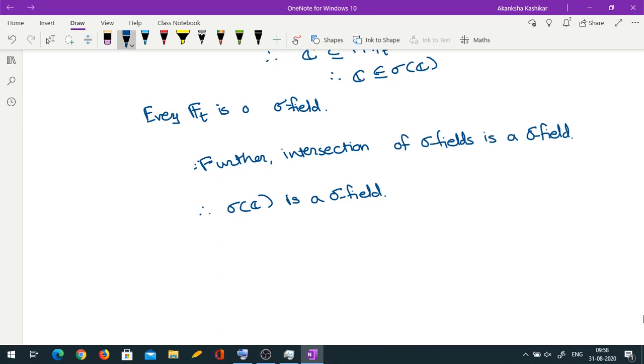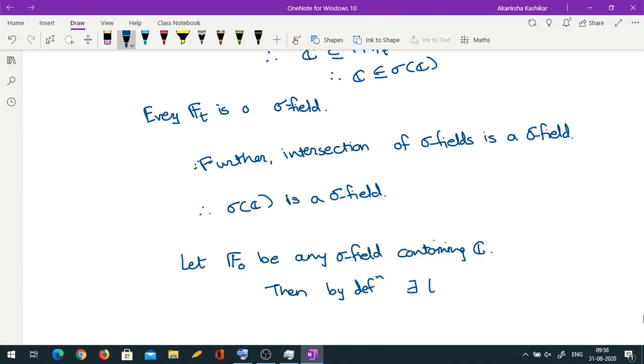But any type of intersection of sigma fields is a sigma field. And now our final claim is that sigma(C) has to be the smallest. So let F_0 be any sigma field containing C. Okay, let F_0 be any sigma field containing C, then by definition